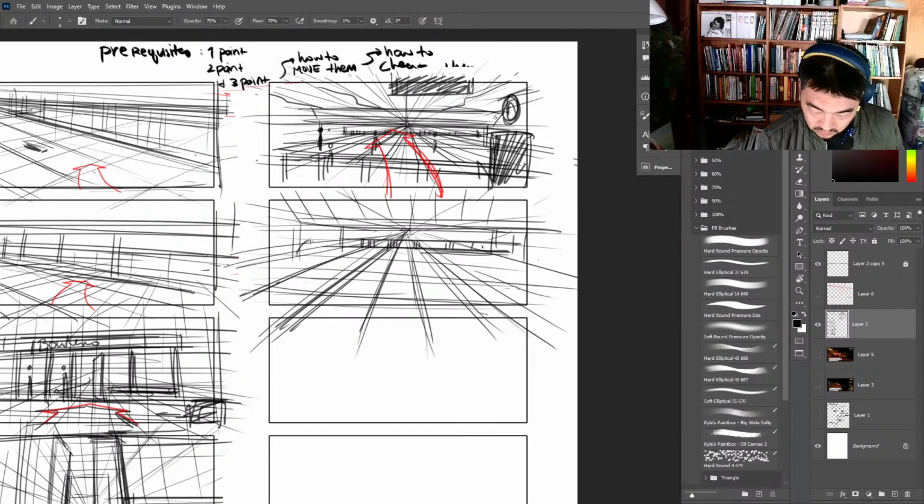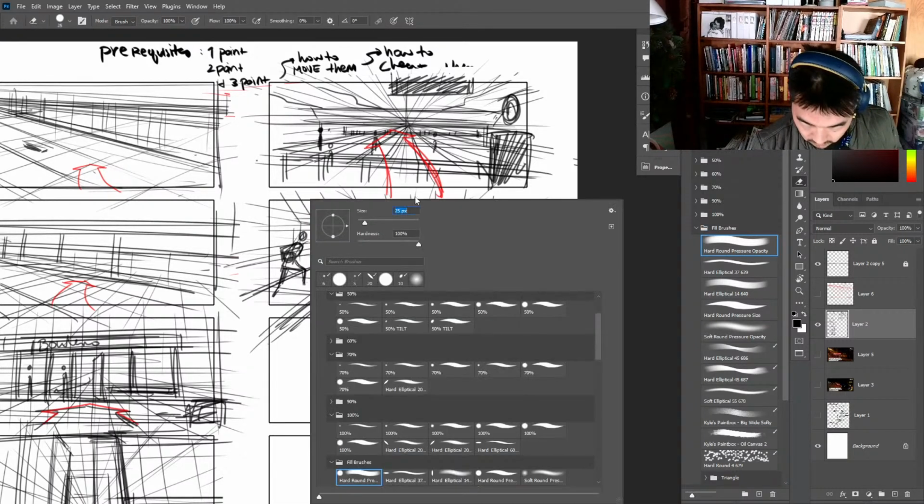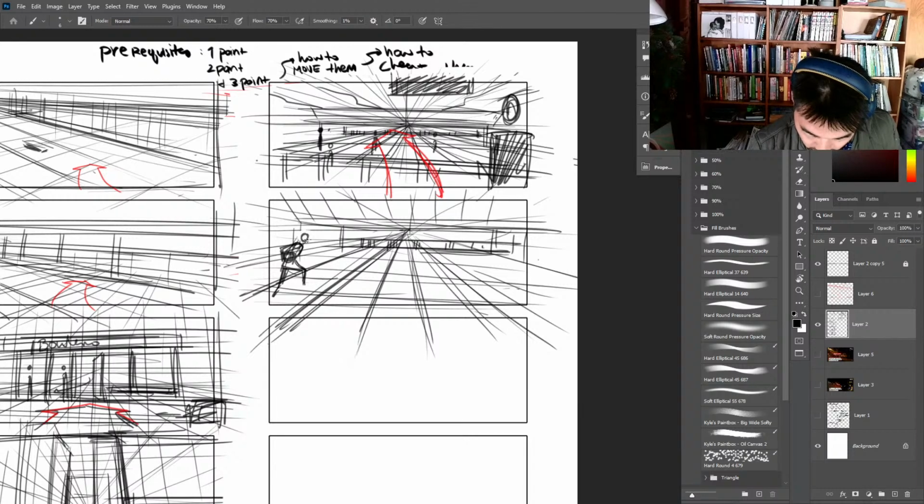So let's see, this character, he's about this tall. He's kind of angled like this. And he's gonna have his ball right there. This is the back of him. Like that.